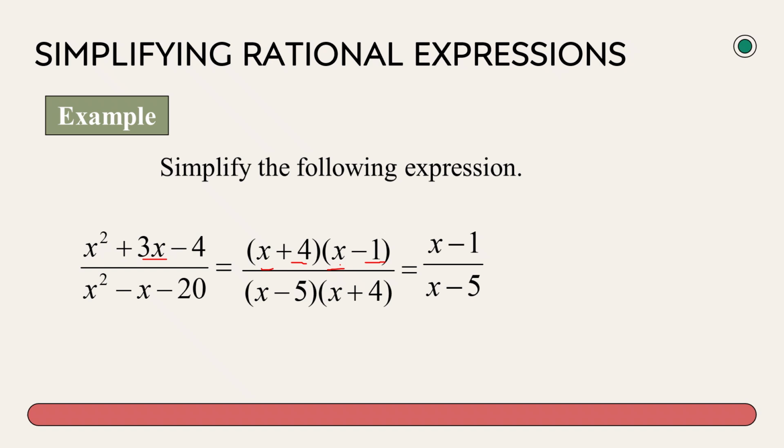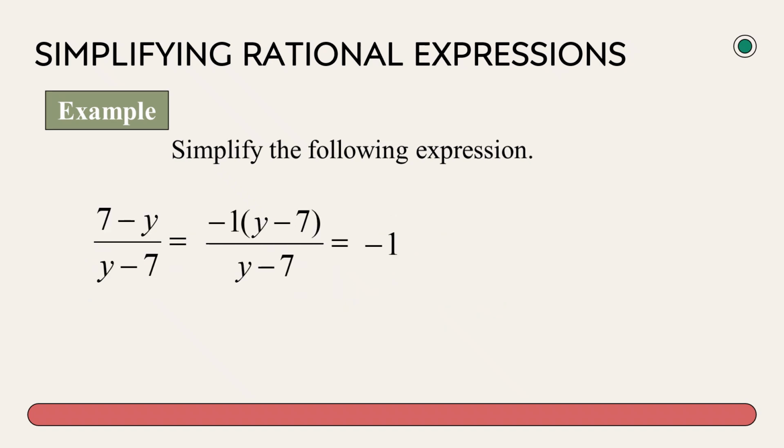Then for x squared minus x minus 20, we have x minus 5 times x plus 4. So the factors of 20 are 5 and 4. Since this is negative, the larger number should be negative. That's why negative 5. Okay. So negative 5 and 4. So let's cancel this out. Okay, what remains is the x minus 1 and x minus 5. So this is our final answer. It's easy, all we have to do is understand. Just go through the process.